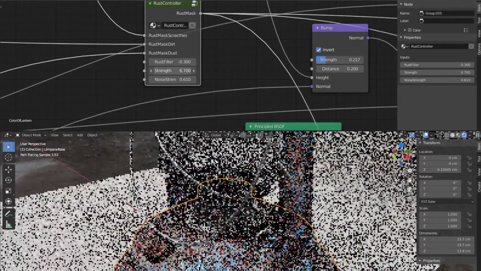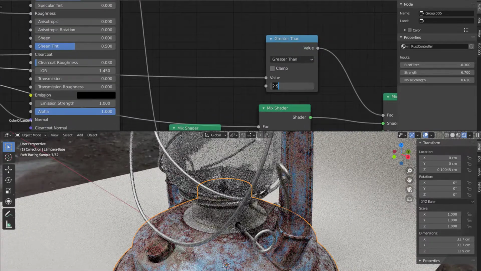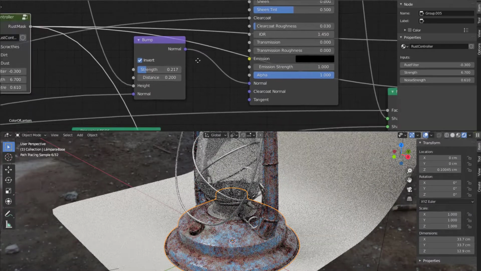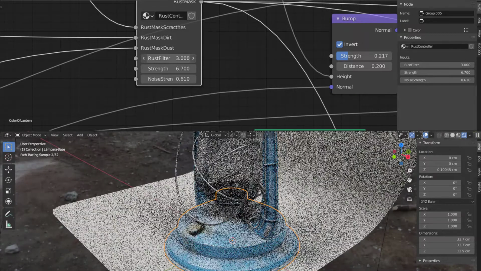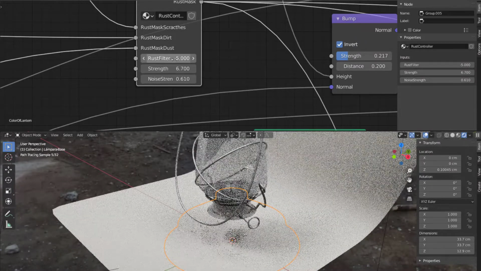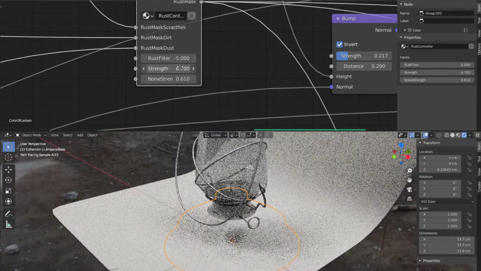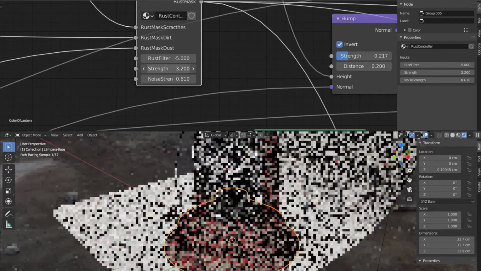So we can put it to greater than, we put it to greater than 3. I think that will work fine, because if we have, let's see, what do we have now? We have a strength of 6.7, and if we do like this, then we don't have any strength at all. And if we take it to 0. Or we have -5 as a rust filter, then everything is invisible with the strength of, so we have to go to like 3 here to